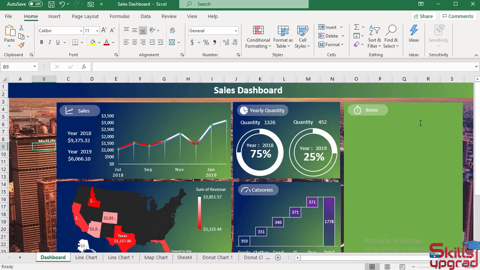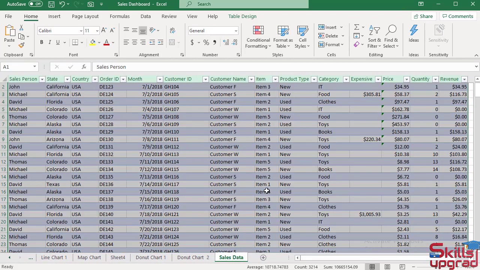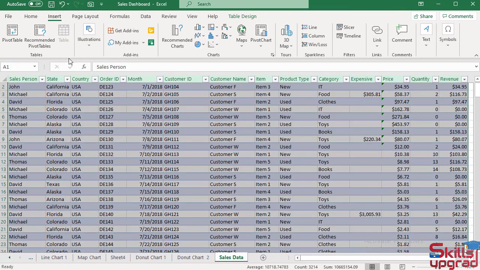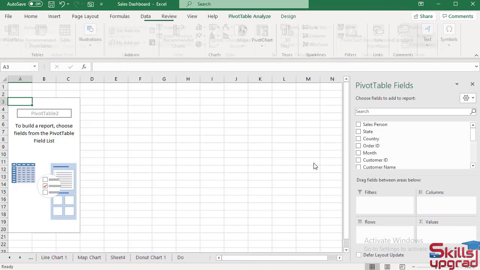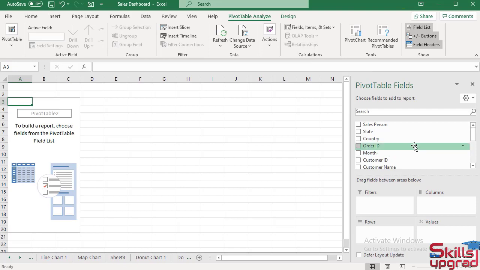I add and format a bar chart in this widget. Select the Sales Data sheet, then click on the Insert tab, click on Pivot Table, click OK. Rename this sheet